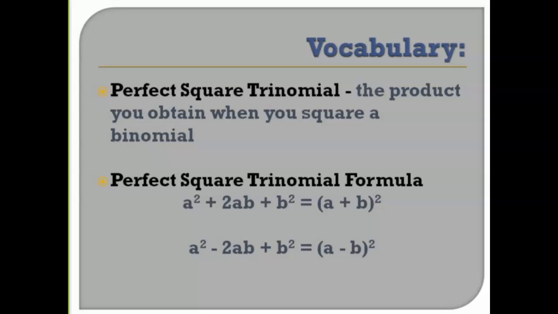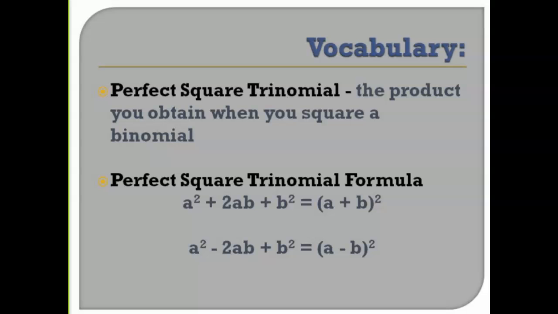The second special formula we're going to look at is a perfect square trinomial. A perfect square trinomial is the product you obtain when you square a binomial. This one has 3 terms,